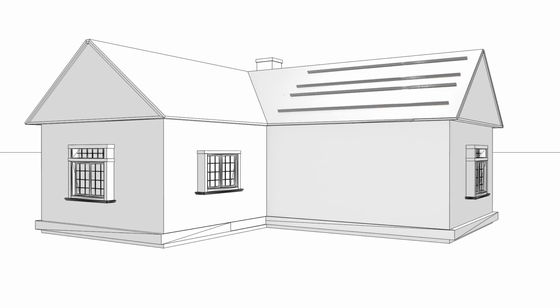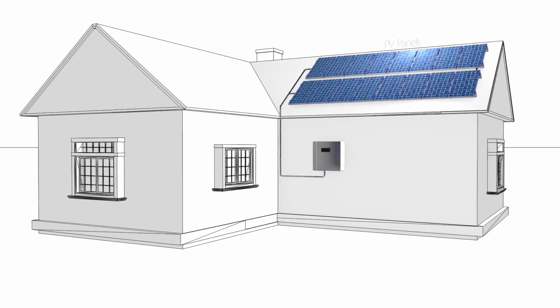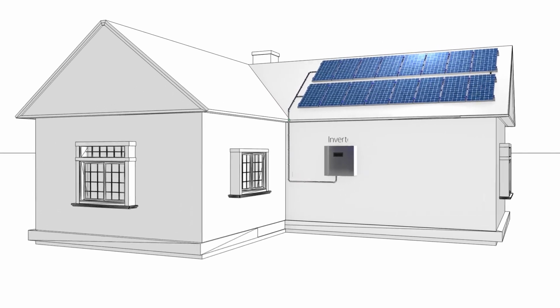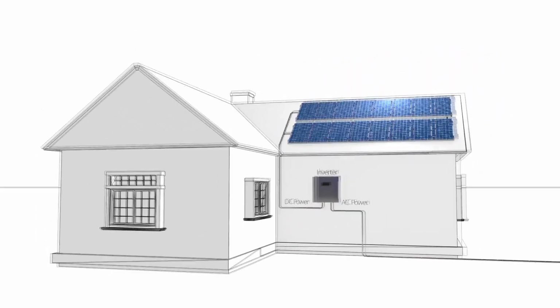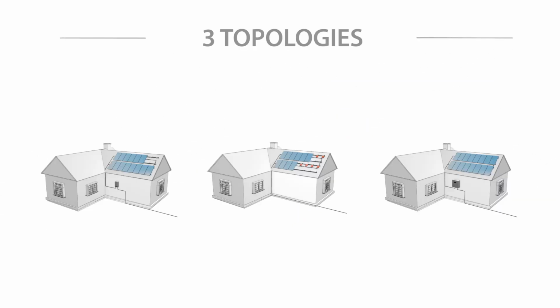A photovoltaic system consists of PV panels, which produce DC power when exposed to sunlight, and an inverter, which inverts the DC power into AC power that is fed into the utility grid. Three different inverter topologies are currently used in PV systems: a traditional string inverter system, a microinverter system, and the